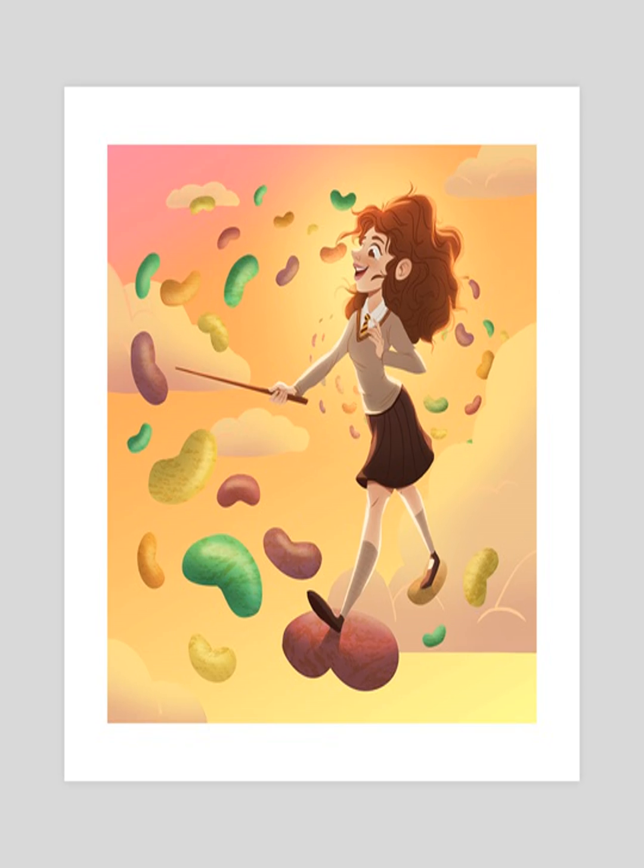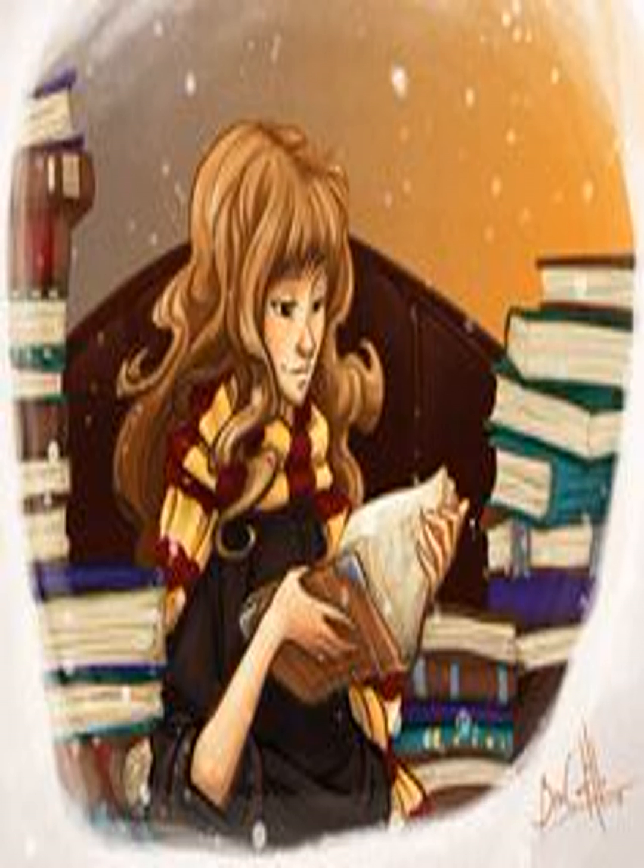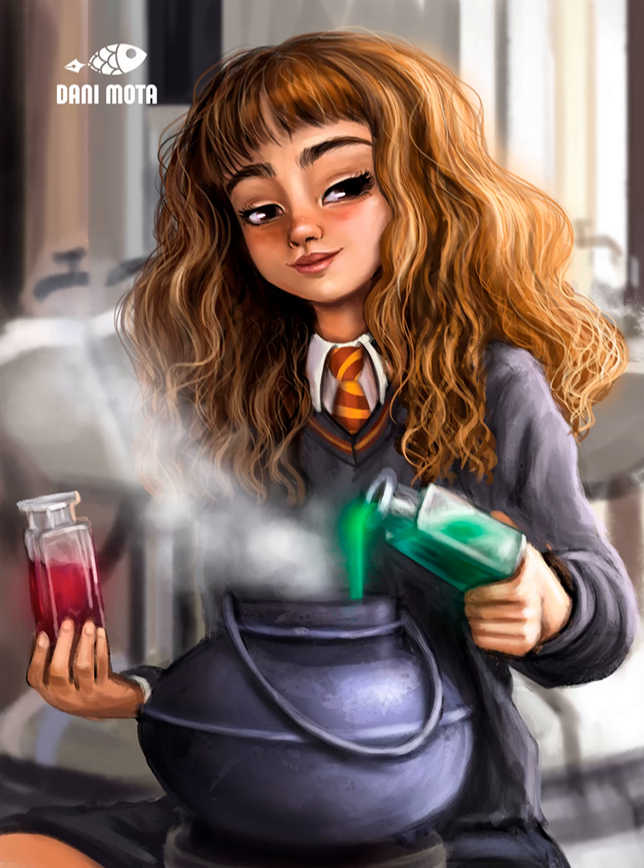Hagrid let go of her, slumped back to the floor, and started crying loudly himself. "I'm sorry," he bawled. In retrospect, she thought he had probably knocked her down by accident. "I'm sorry, Hermione. I didn't mean to scare you like that. It's just, this is so important. Dumbledore's trusting me to keep the stone safe from..."